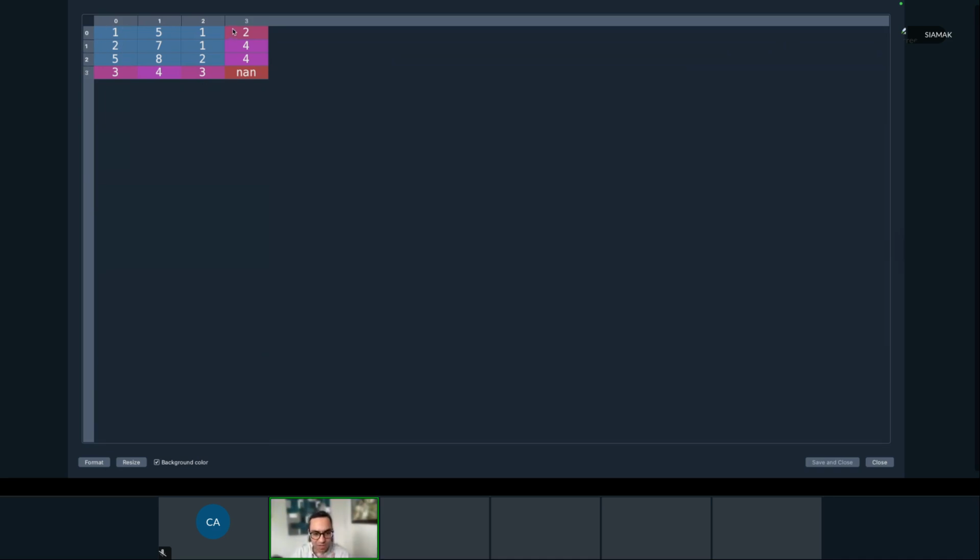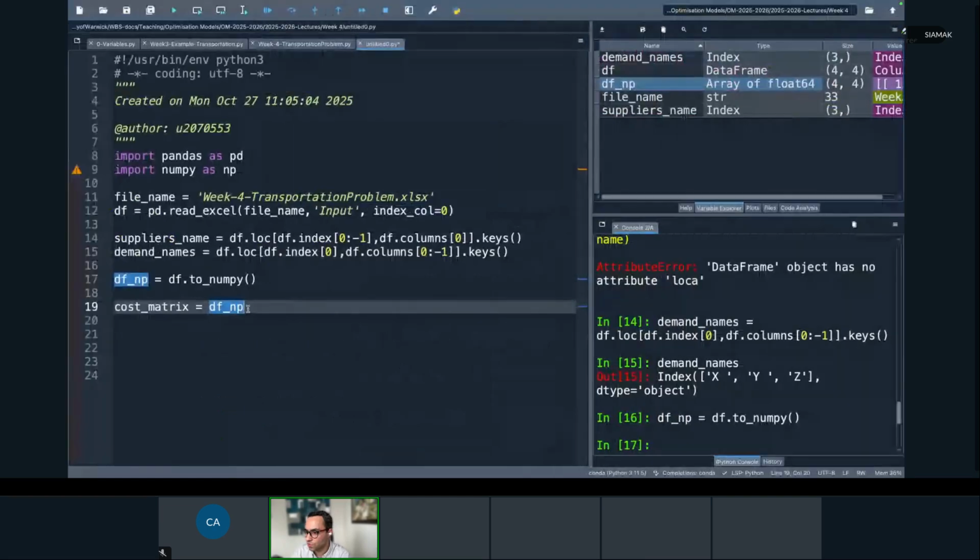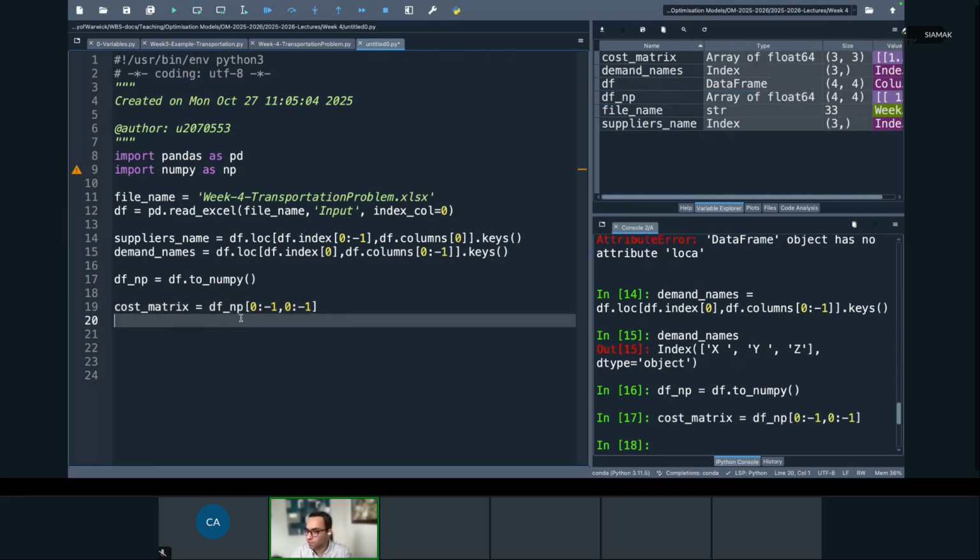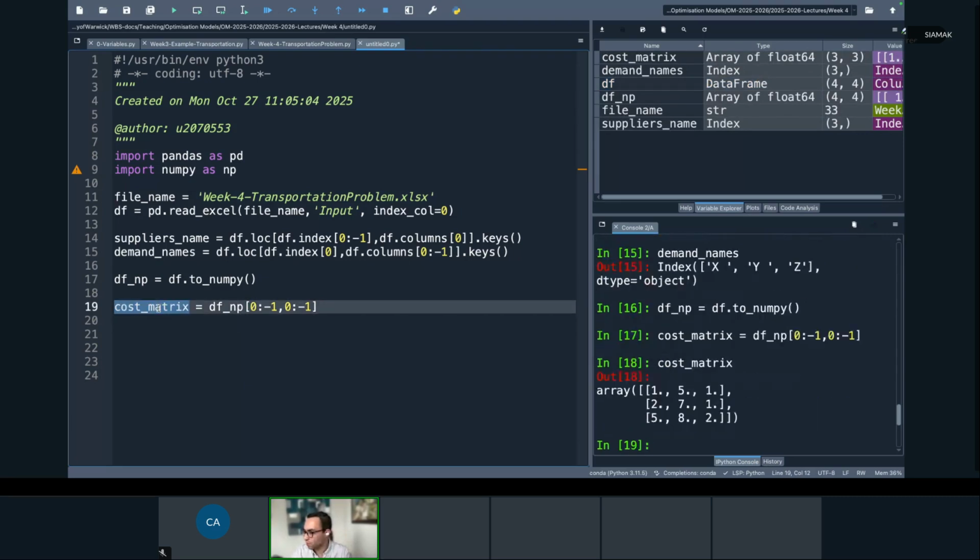Again, we don't want to deal with the last number. That's why we use -1. So in the code, we just need to indicate 0 to -1 for the rows and 0 to -1 for the columns as well. 0 is the start point, it is included. -1 is the stop point, it is excluded. If I run this and just print it, it gives me